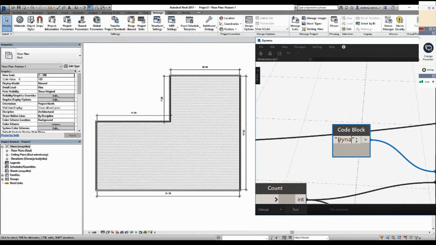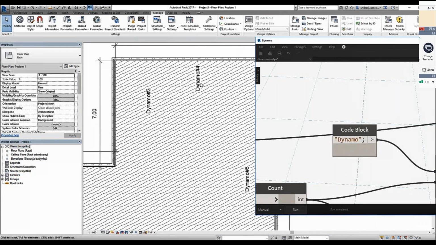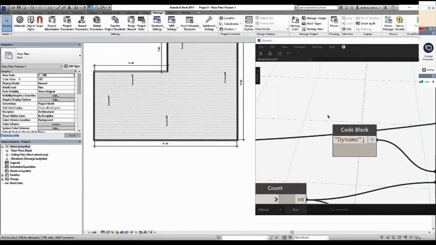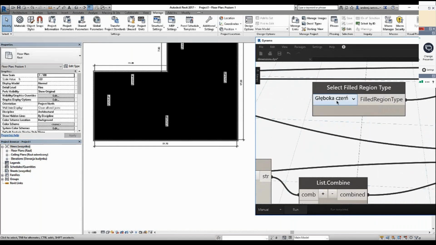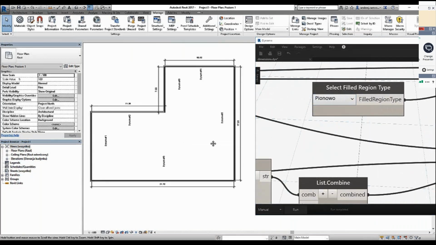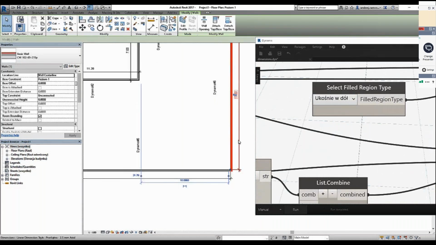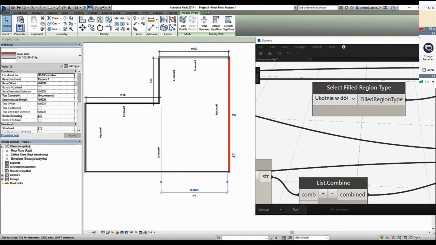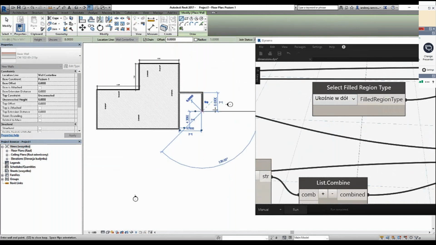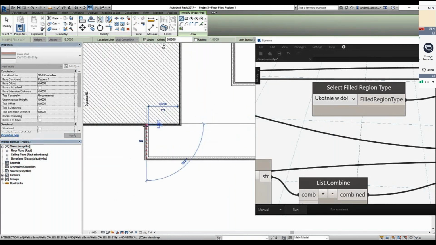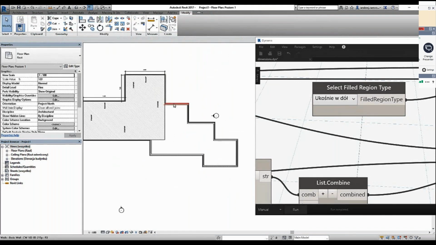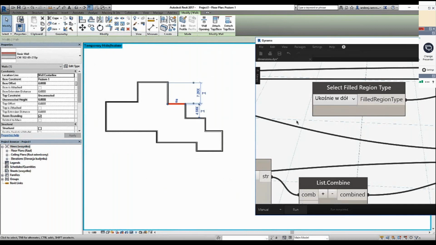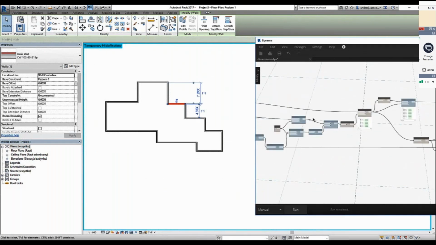So probably after a certain point of time, I realize maybe I need to add another room, or add some area to this particular floor plan, or I need to change the style of a wall, or change the thickness of the wall. I don't really need to revisit the entire workflow. I don't need to do the tagging once again. I don't need to add dimensions manually. All I need to do in that case is make the changes in my design and rerun the same script.